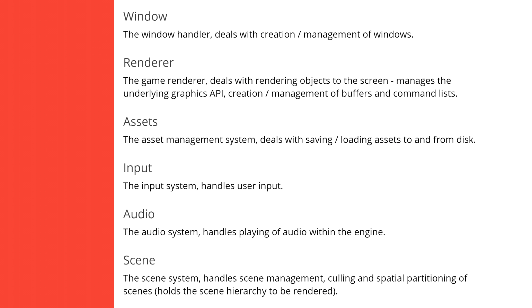The engine is designed as a collection of systems brought together by a central pillar. This is essentially a registration point for all of the underlying systems. Daxter's central pillar currently consists of the following systems: a window interface used to manage native windows, a renderer interface used to draw objects to the screen, more on this later, an assets interface used to load various resources from